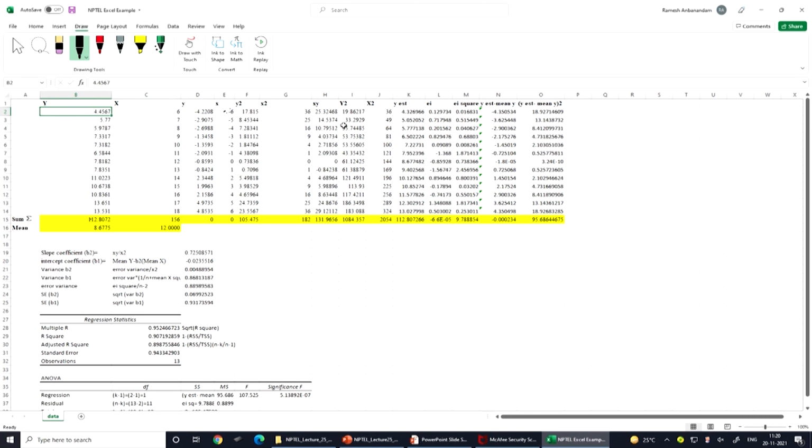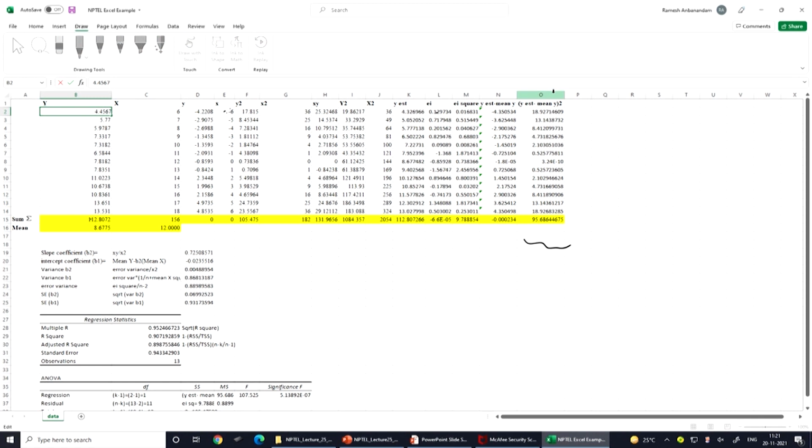Once the error is estimated, basically y minus y hat, if you click on each of the components, you will find the commands, and accordingly its square will be taken, that is called E square, e i square. Then in the next column, y estimated value minus the mean value of y, as we have already discussed in the diagram, and we will take the square term at the end.